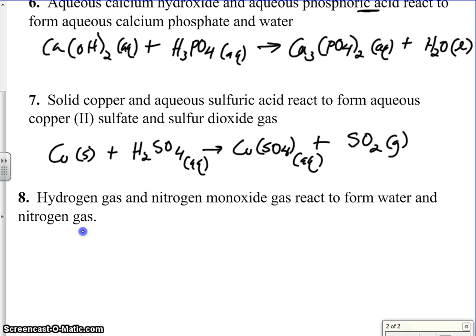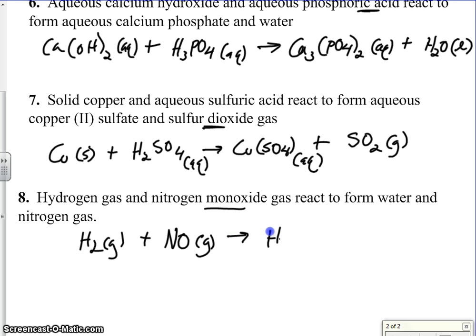Okay, hydrogen gas, H2, because it's one of our diatomics. We're adding that to nitrogen monoxide. Notice here we have the prefixes, just kind of like we did up here with the sulfur dioxide, nitrogen monoxide. That tells us again that we're dealing with a covalent compound, so we don't cross and swap. We write it just like it is. So nitrogen monoxide is NO, and that is a gas, and is reacting to form